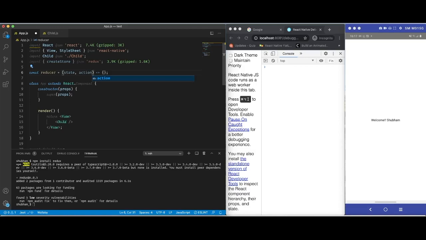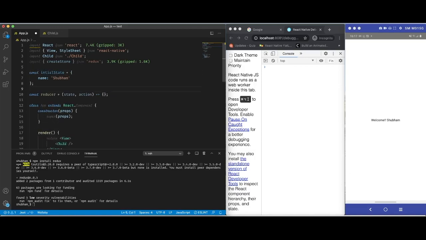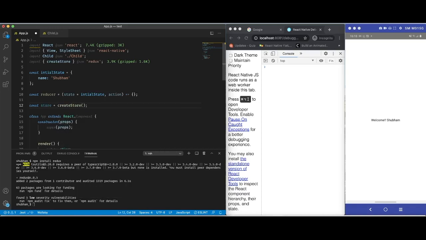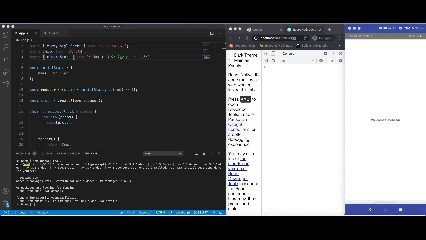So a reducer will require an initial state. So let us create an initial state here. And we have created our initial state for our reducer, and let us assign it to the reducer. Now our reducer is somewhat ready. We will have to do something inside the reducer, but we will discuss it at some other point. So let us create a store now. As we know, we will need a reducer for creating a store, so let us add the reducer here. Now our store is ready.